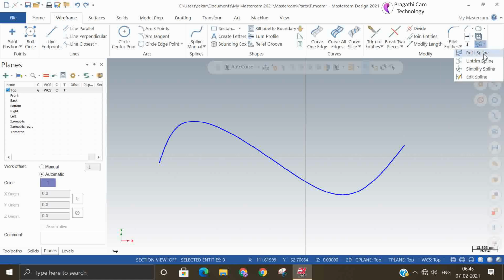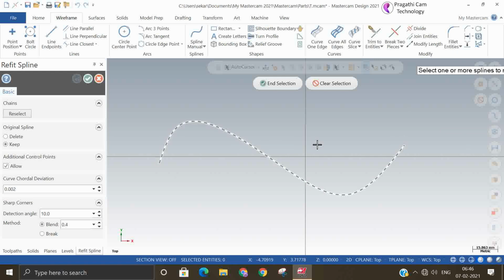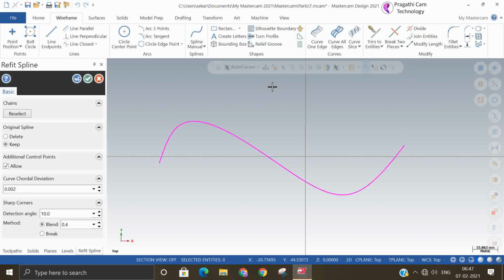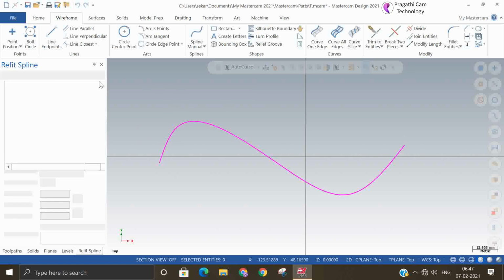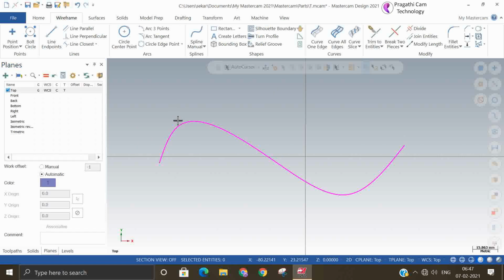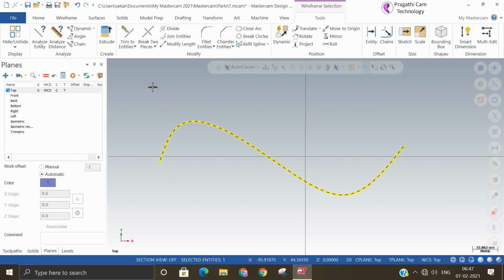Redefine spline and select this. Okay. So I just changed it, it is auto. Okay. So now I redefined the spline. Now we'll go again. So we'll clear colors. I need only the modified spline.